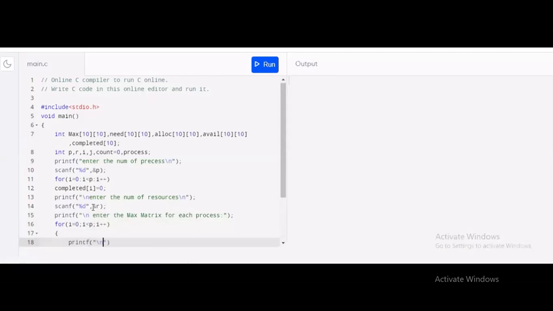Printf for the process number, I will include the %d.